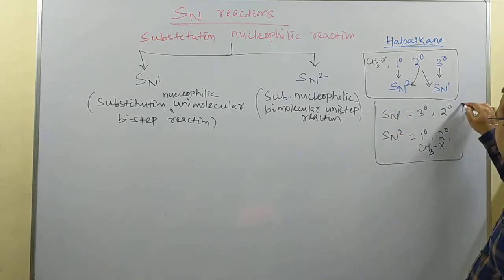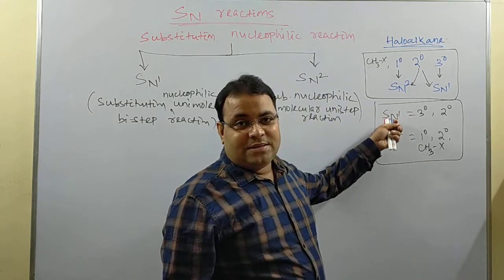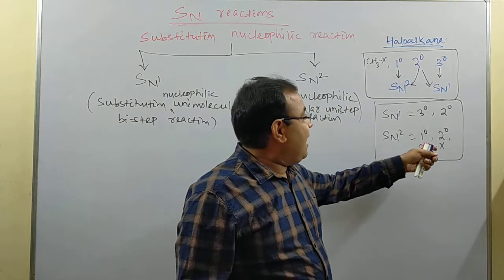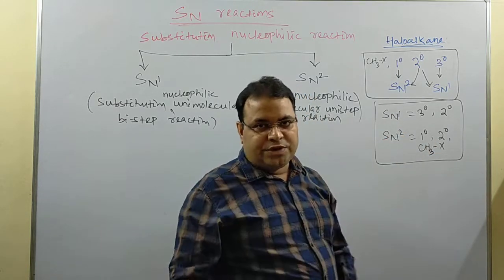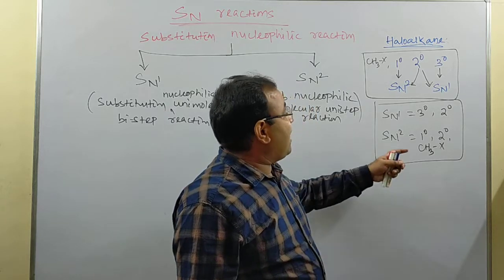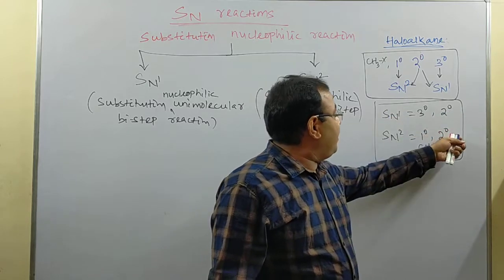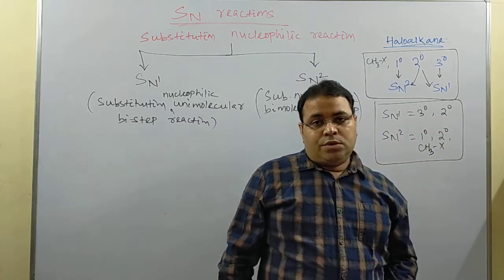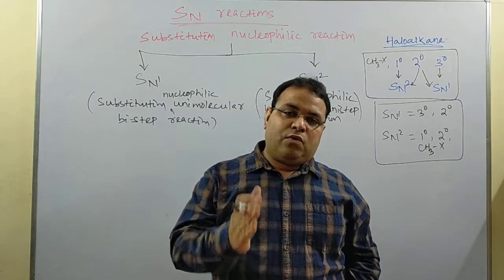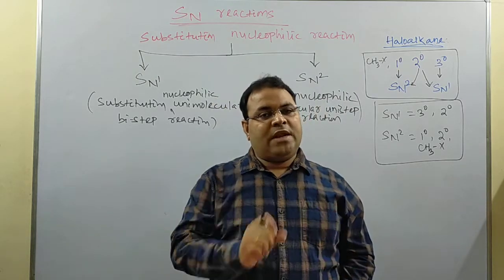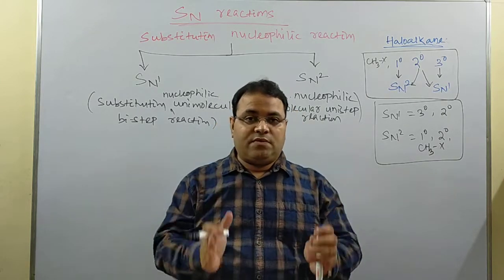Now the question will arise: the higher degree is showing the lower molecularity mechanism, and the lower degree is showing the mechanism with higher molecularity. It's reverse to each other. Now the question: here 2 degree is showing SN1, and here 2 degree is showing SN2. So how can we know that? If in a question 2 degree and some nucleophile is given, how do we find whether it will undergo SN1 or SN2?